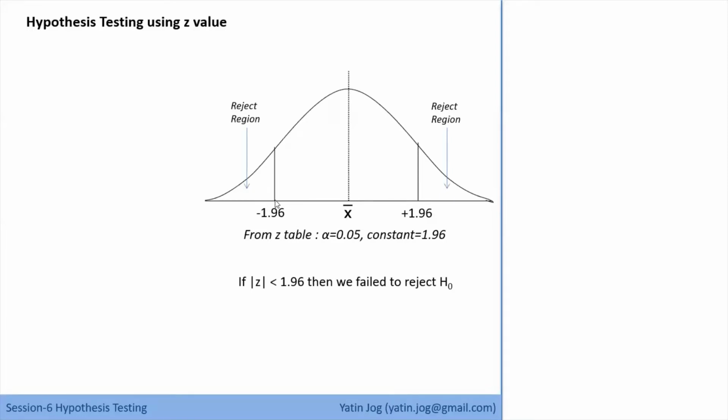And whatever is beyond 1.96 distance on both sides of the mean will become the reject region at 95% confidence level. So in a way, I'm trying to define a set of accepted values. All these are accepted values and these are my rejected values. Now I'll take one problem and see whether my H0 falls in the accept region or reject region.